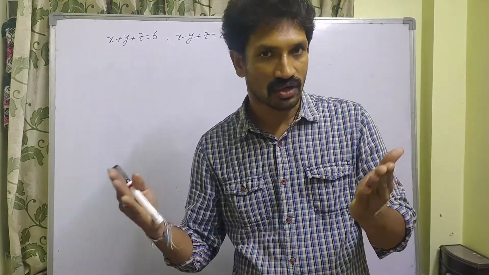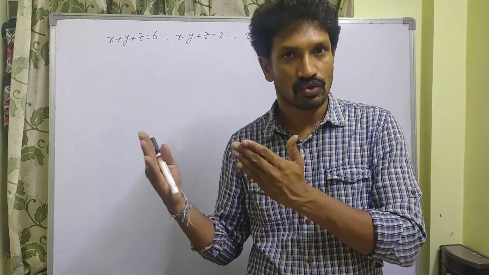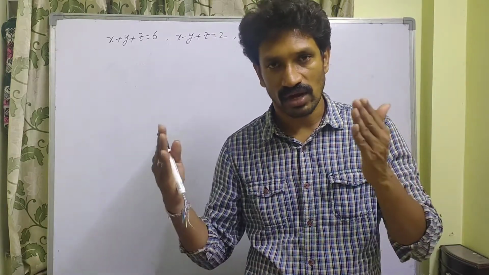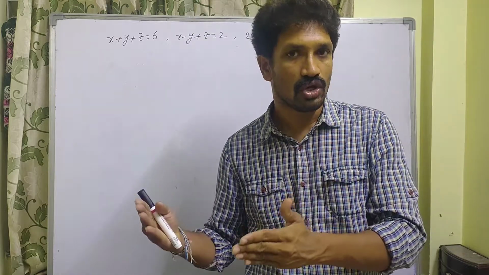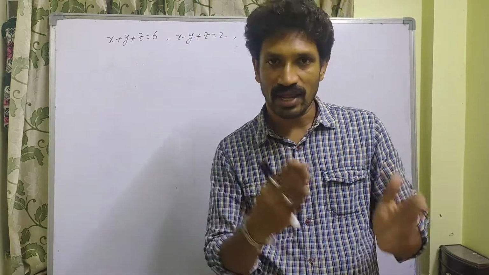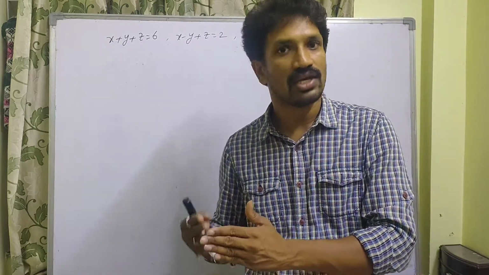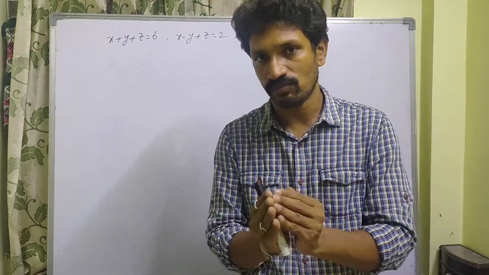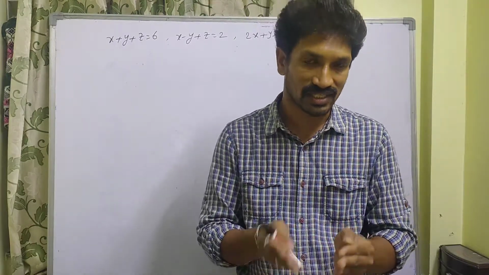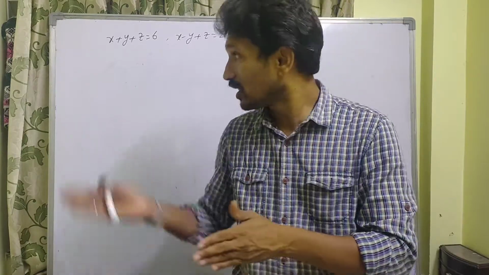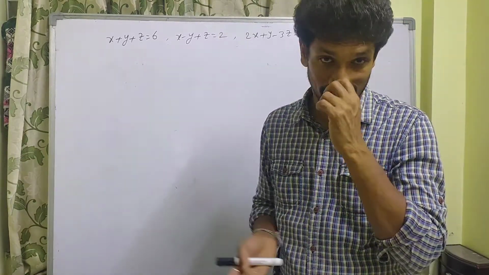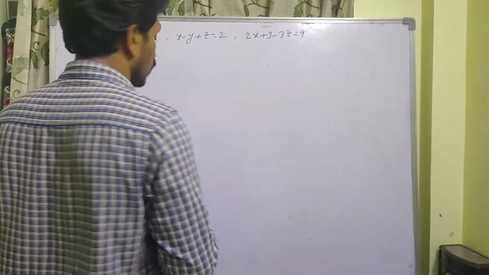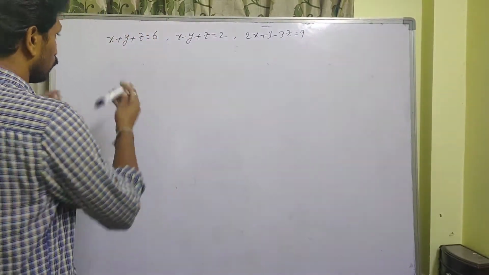Rank of A is equal to rank of AB is equal to 3: unique solution. Rank of A is equal to rank of AB is equal to 2: infinitely many solutions. Rank of A is not equal to rank of AB: no solution. So it takes much time to say whether it is consistent or inconsistent, but in this procedure we can say it easily. See, the shortcut method is nothing but